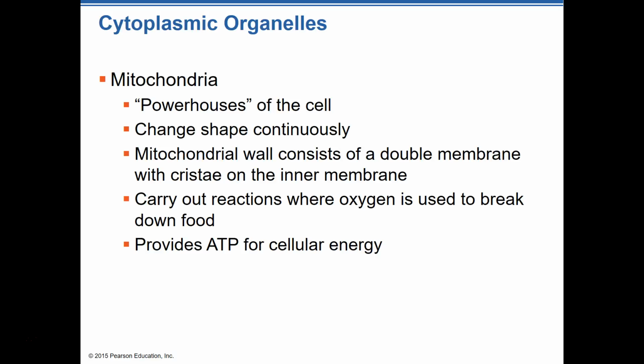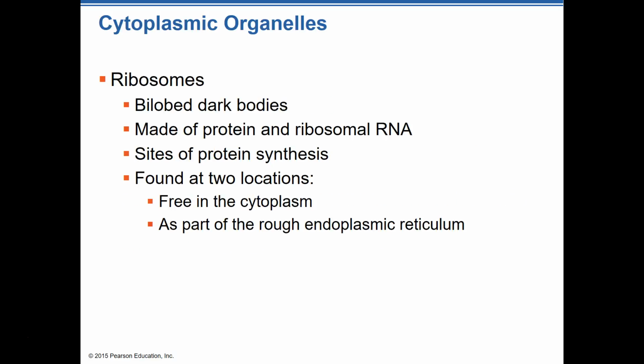So energy production, if you want to know why the oxygen that we breathe in is important to our body, and if we don't have the right percentage of oxygen coming to our body, why that's important, it's because the mitochondria need oxygen to produce ATP. Without ATP, the cells can't perform the functions that they're designed to do, and then we run into big problems. So just remember, mitochondria, powerhouse, ATP, needs oxygen and glucose.